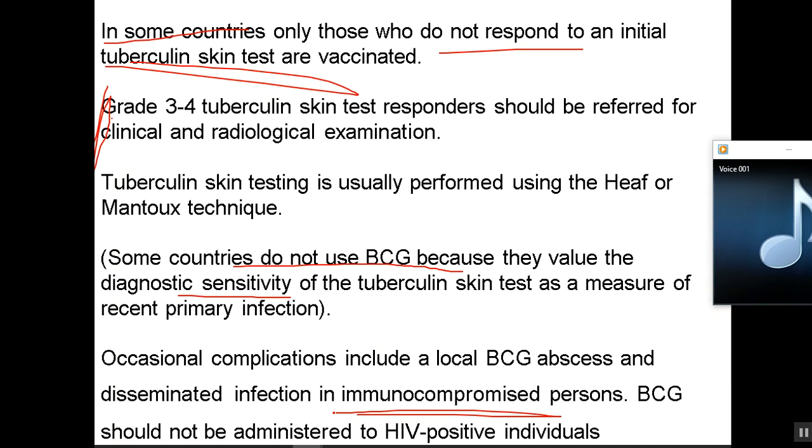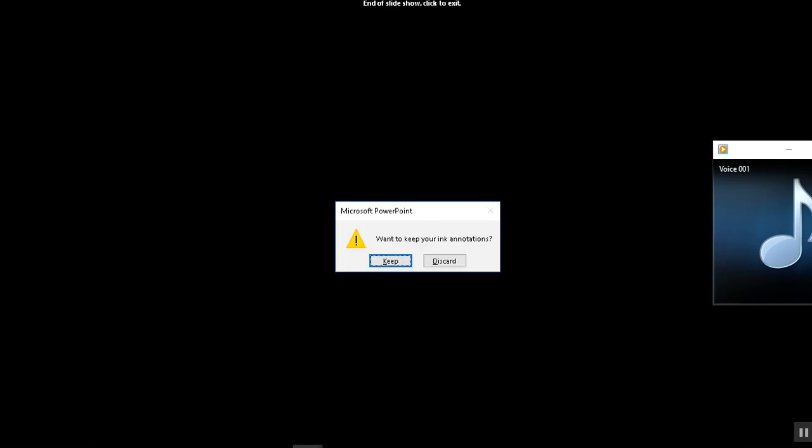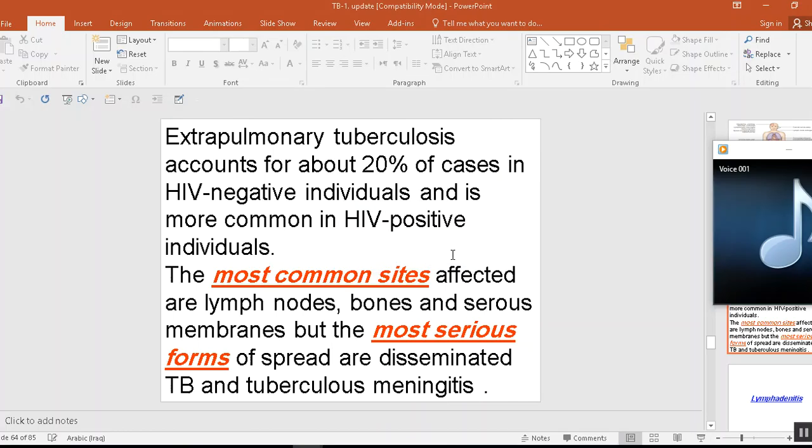Any question? Any question? We focus on diagnosis and prevention. But prevention